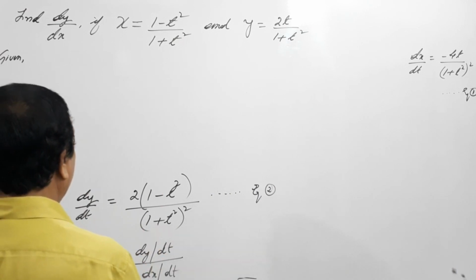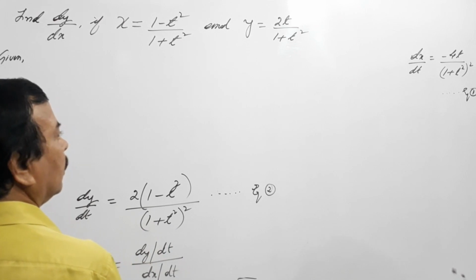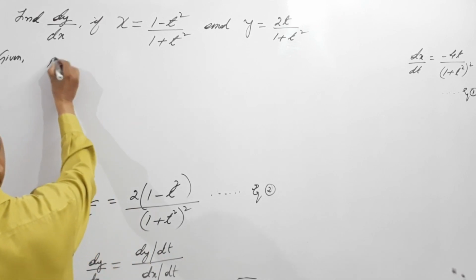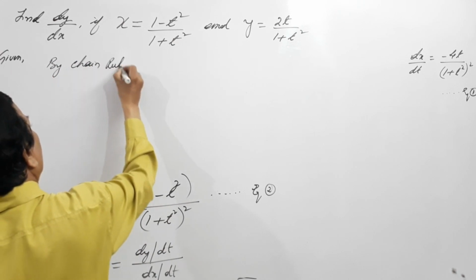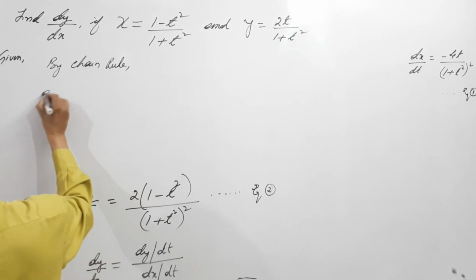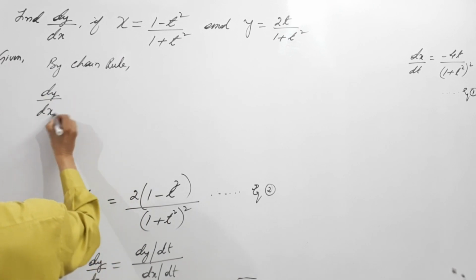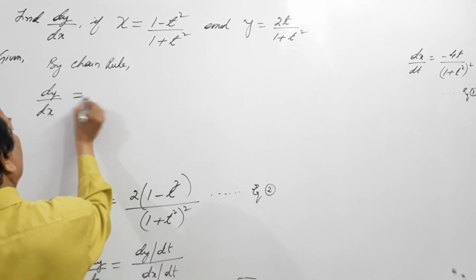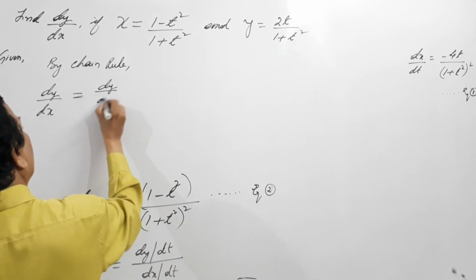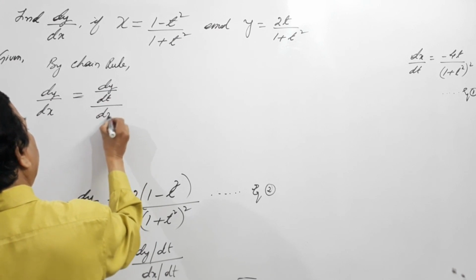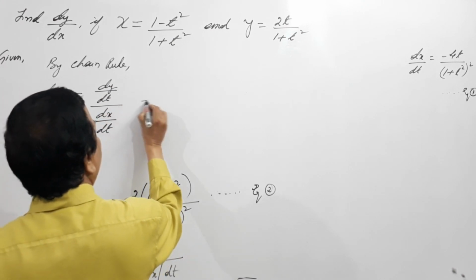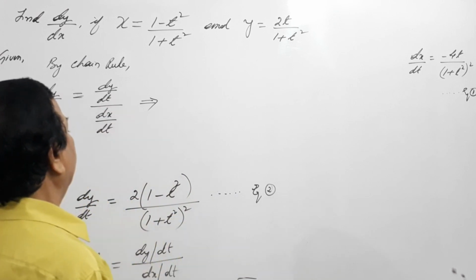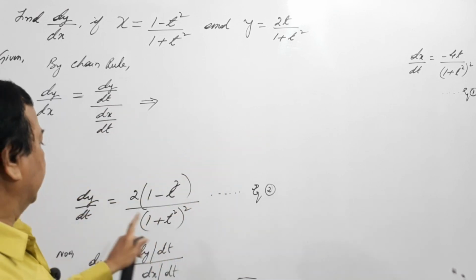So what is our equation? By chain rule, dy by dx equals dy by dt and dx by dt. Both are the same; either you can write it like this or like this. So what is dy by dt? Dy by dt is here, that is